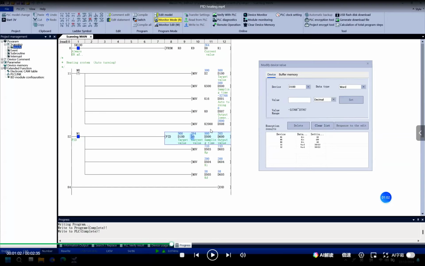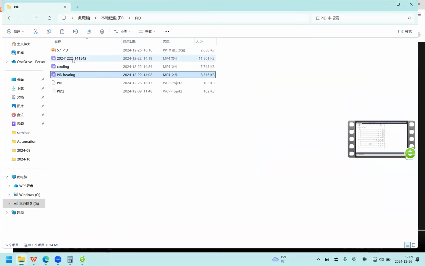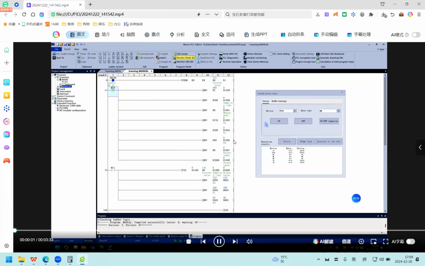And this strip value is the Kp, Ki, Kd. So if you don't want to use the auto tuning, you can use these three parameters to set it in the corresponding address. And then it will also have the PID control. As you can see here,